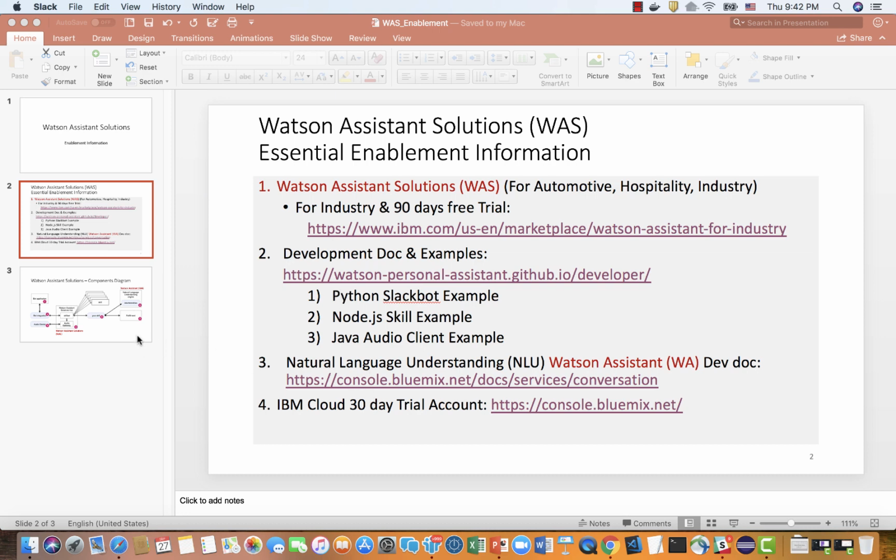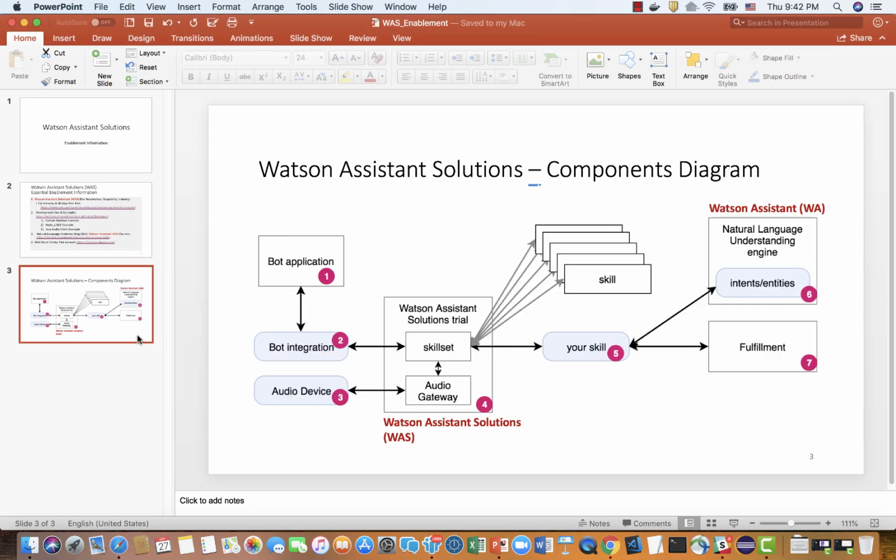Before beginning, I would like to show the architecture and component diagram, to show what the Watson Assistant Solutions overall looks like. As you can see, there are 7 components in this diagram. 1, 2, 3 are the client sides. 1 and 2 are for the text message, the chatbot. And 3 has the audio. It's about the voice and human and machine interaction,